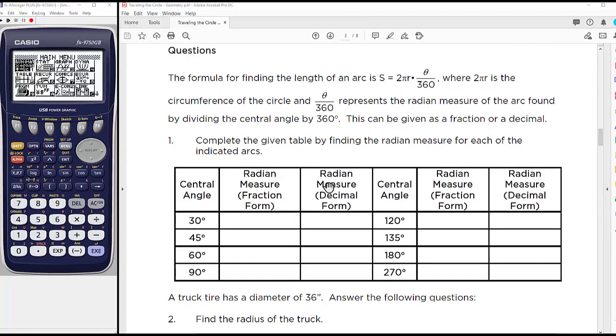So here's a table that the students are going to be collecting data for, and basically they're converting arc length measures to radian measures by taking the degree, the central angle, and these are right here, and dividing by 360, which creates the radian. And they have to write it in fraction form or in decimal form. So one thing they could do is they could do each one separately. So let's just show you how to do that so you can see how to enter a fraction.